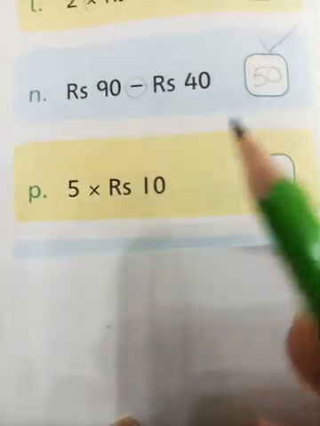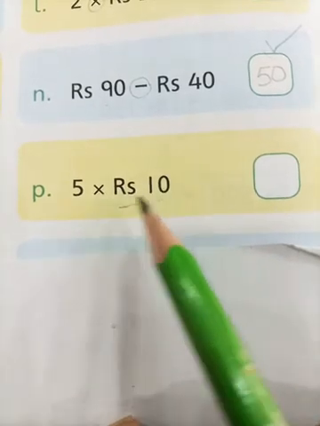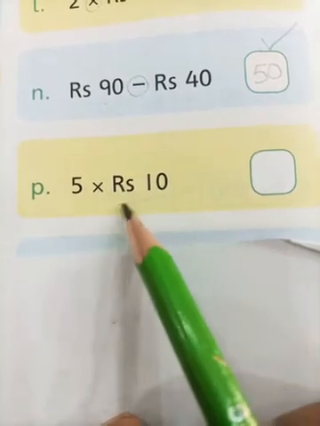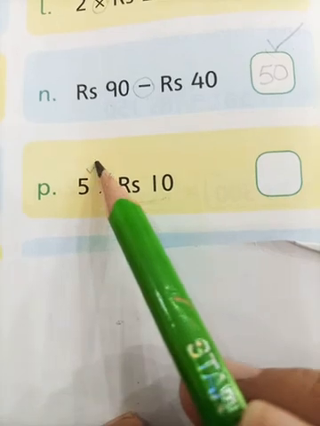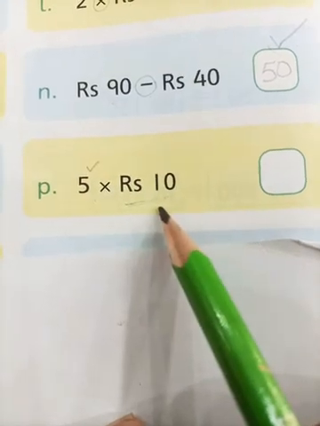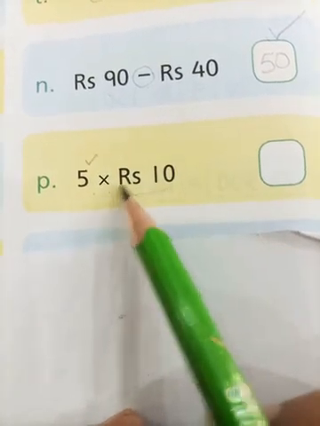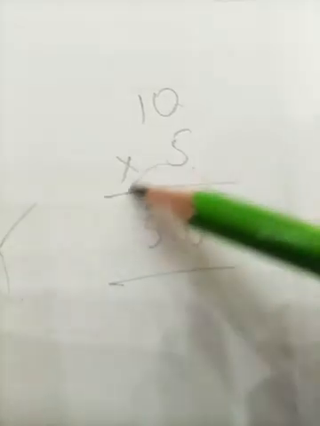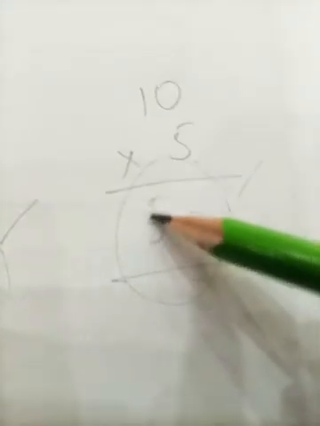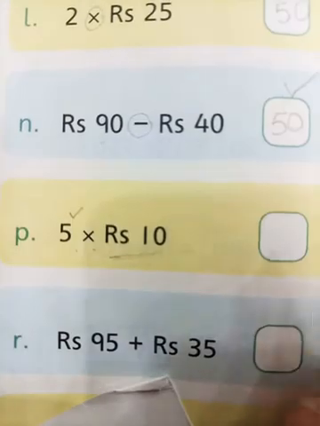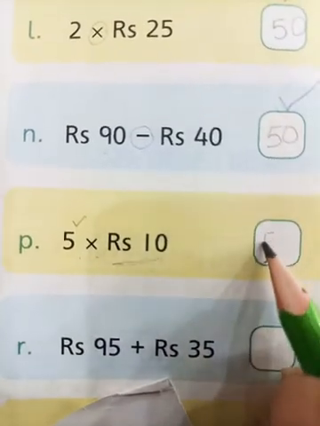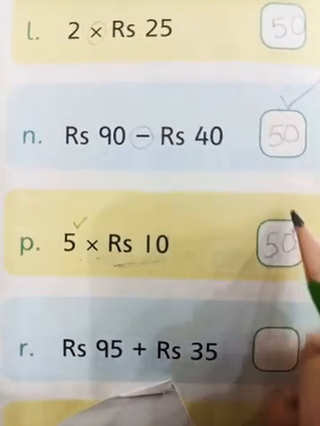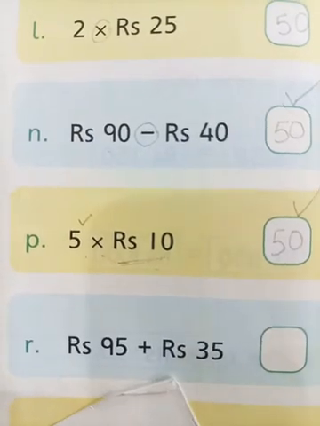So students, here you have a 10 rupee note and you are counting that your 5 friends have a 10 rupee note each. Let's multiply to get our answer. Look at this students, 5 zeros are 0, 5 ones are 5, which here is the answer 50, which is our required answer. So here is my answer 50 and I'm going to mark the tick for my answer.